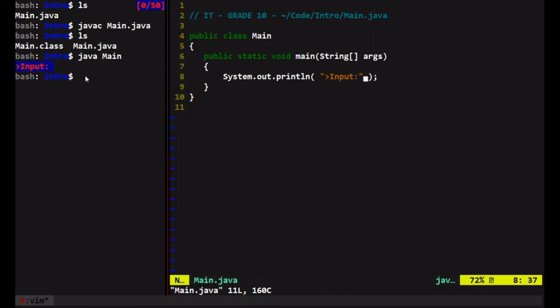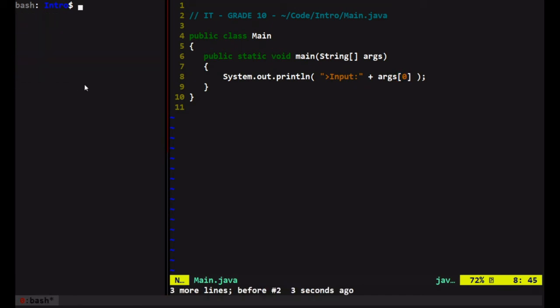All right. Now, we're going to add args, and we're going to use position 0, because that's where arrays start counting. So we're looking at the first thing inside that array, but it is numbered as 0. Okay, we then save this, go back to our file, and now we're going to compile it again. So we've got our javac Main.java,